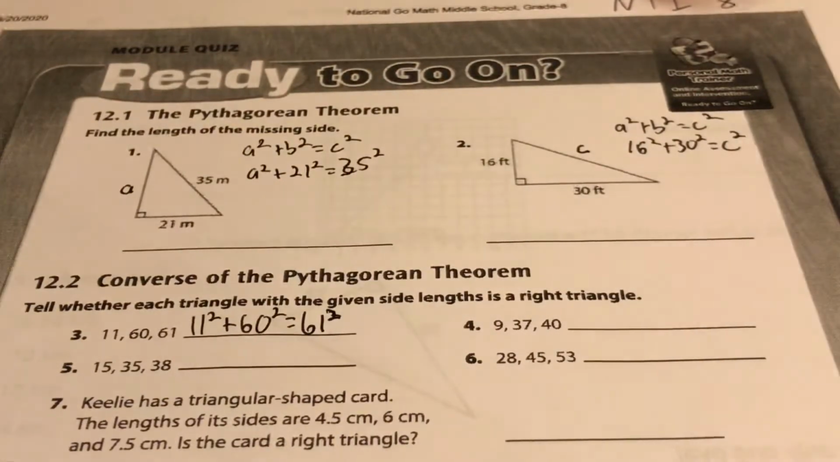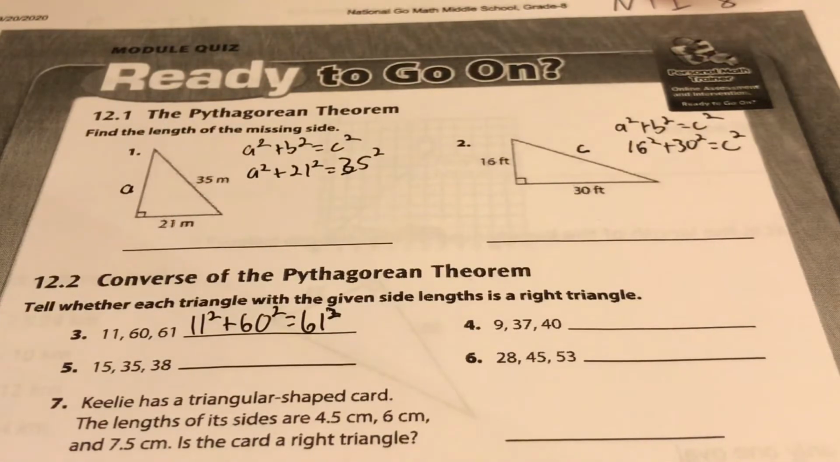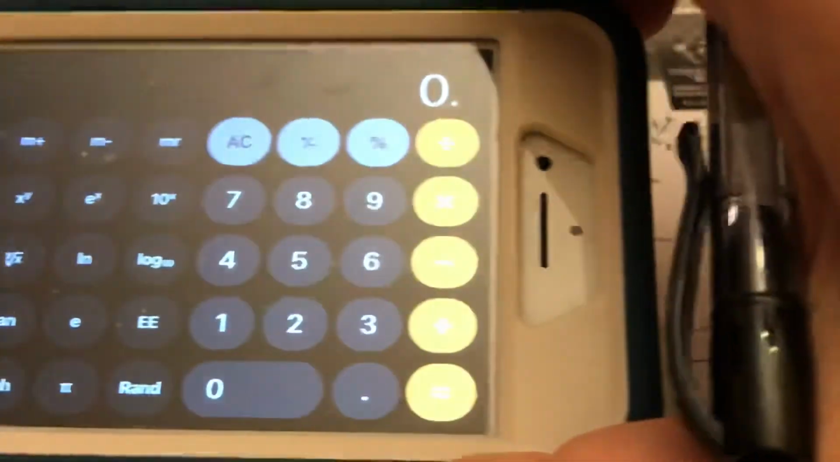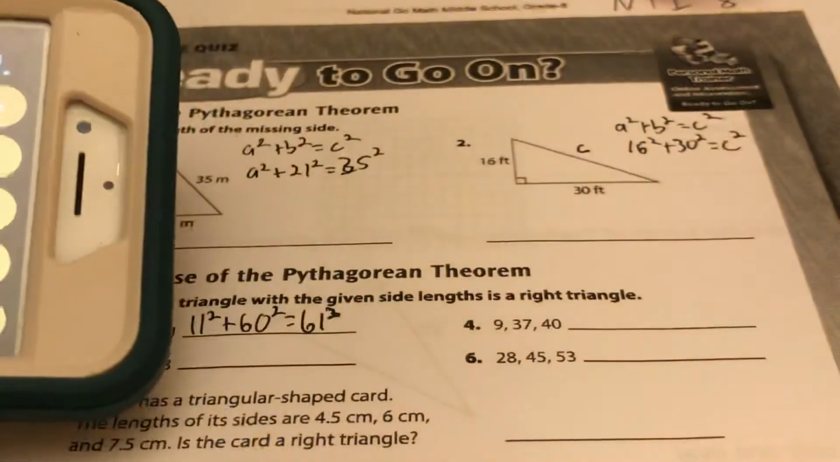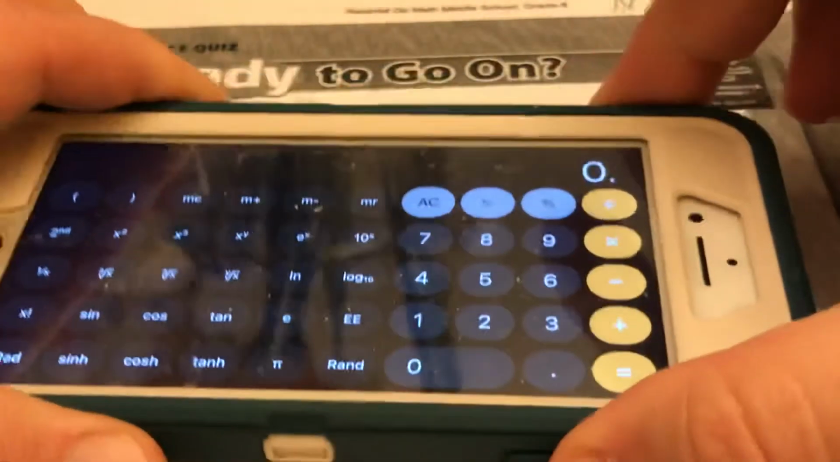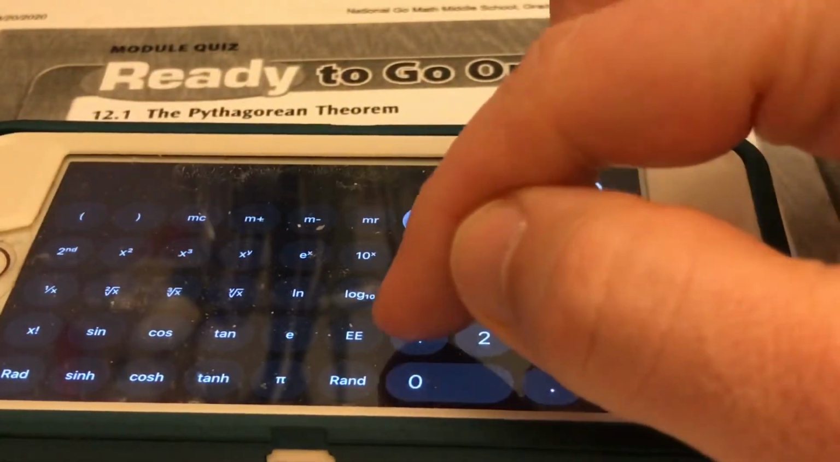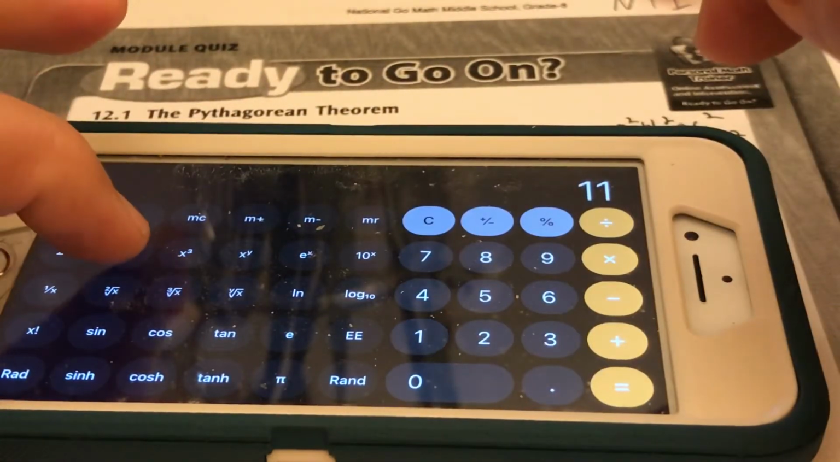Okay, so then to do that we're going to have to plug that into our calculator. Let me bring this up here real quick. And so if we plug these three values in and it makes the Pythagorean theorem true, then that means that it would, in fact, make a right triangle. Okay, here we go. So our three values were 11, 60, and 61. So here we go. If we do 11 squared